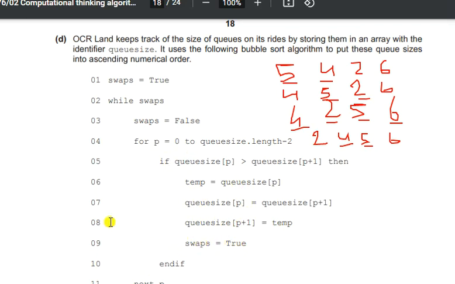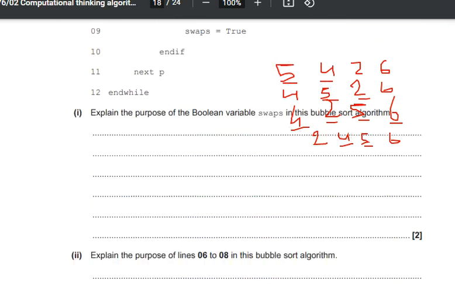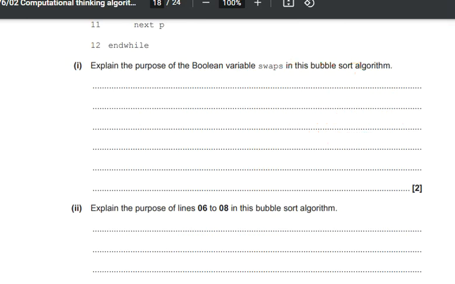And then we will continue in this loop, and at the end we will go to the top to the while, and if swaps have happened in the last pass, then we will continue and perform another pass, otherwise we will stop. Now they are asking us in the question what the purpose of the swaps variable is. The purpose of the swaps variable is that it is a flag variable, and it will check whether a swap was performed in the last execution, because only when a swap is performed in a complete pass will a new pass be executed. Otherwise, if there was no change in the last pass, then we can stop the bubble sort